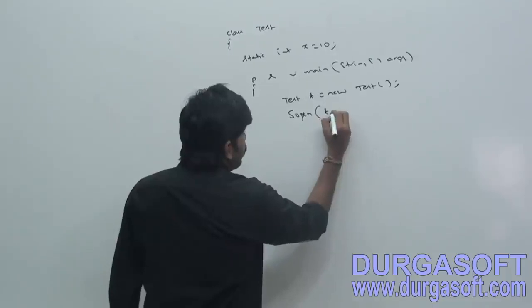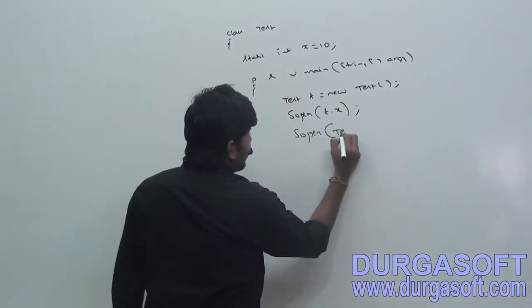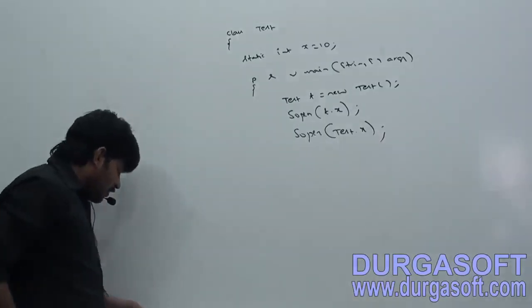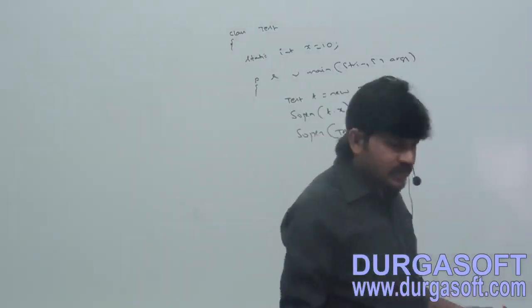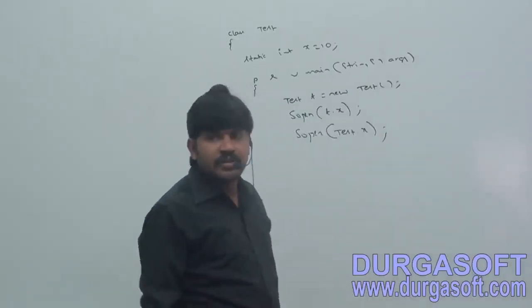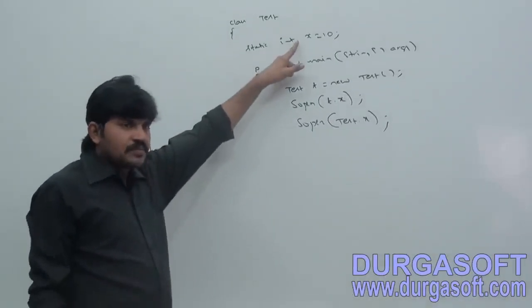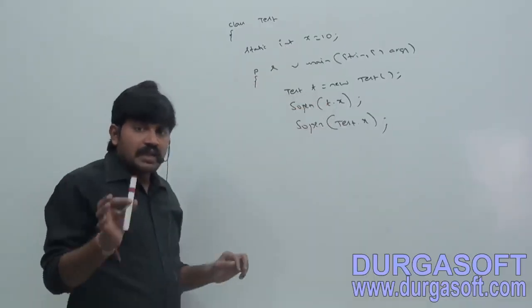System.out.println t.x. System.out.println Test.x. Can you tell among these which is valid and which is invalid? Both are valid. Static variables can be accessed either by using object reference or by using class name, but recommended